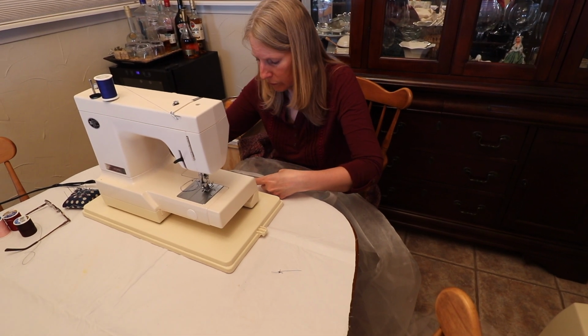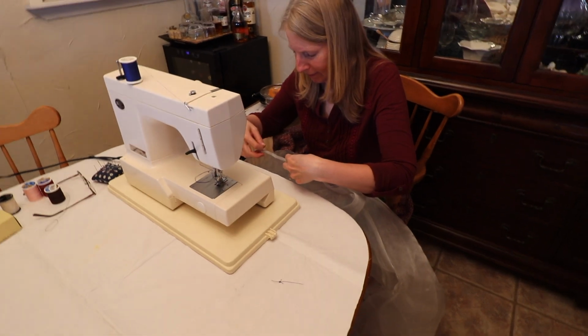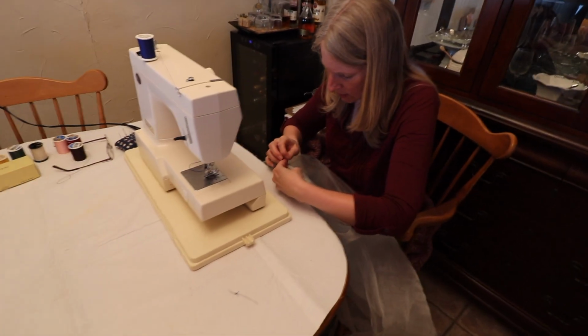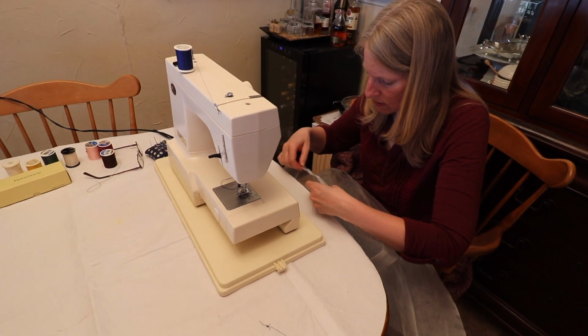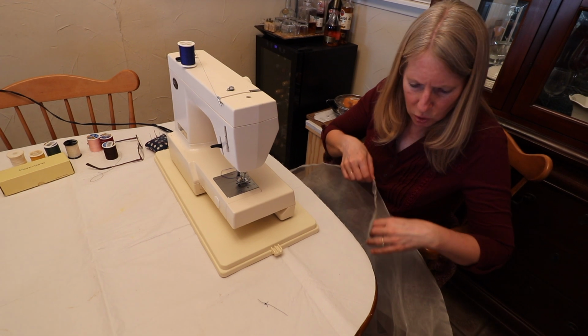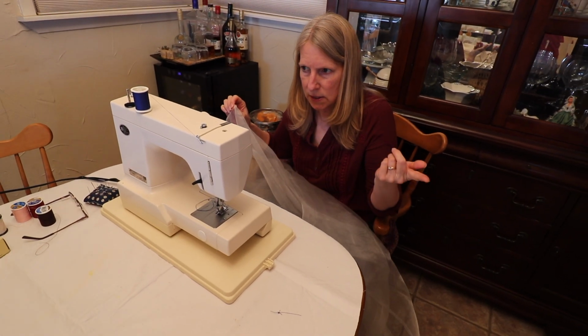What are you working on? Insect netting. Insect netting? Yes. Trying to keep bugs out of something? Yeah, we want to keep the bugs out of the greenhouse, so I thought I would get some insect netting and staple it down